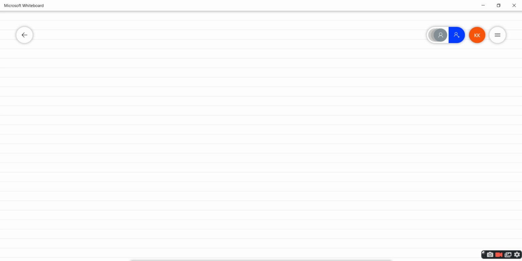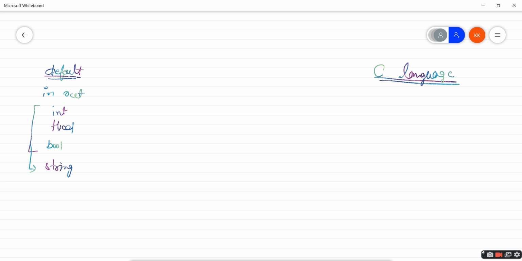So we have learned something termed as default, right? In our data types, like int, boolean, or bool, and string as well. I think in C language, not in C++, if we do not initialize a value for the variables, they are going to have some garbage value.